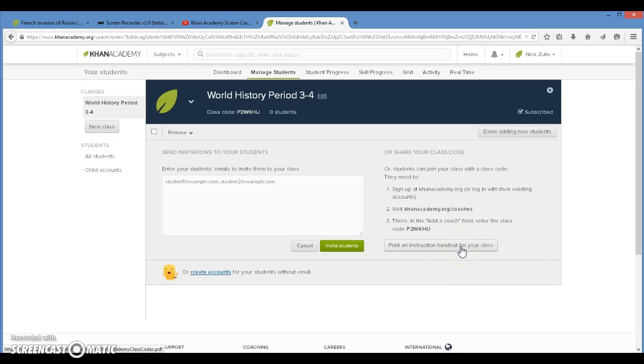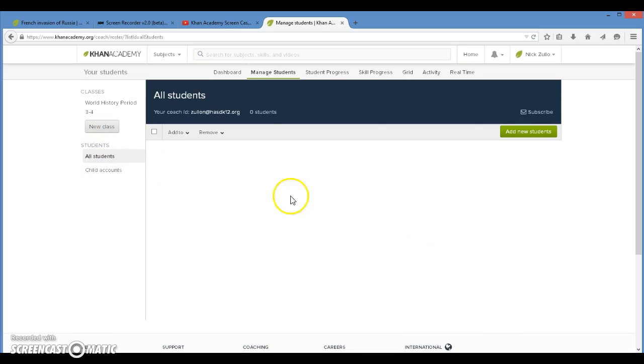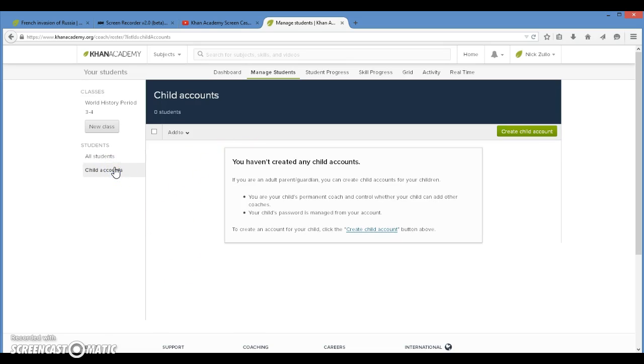So once you have everything set up, your kids are registered, they're on your class, hit done adding new students. Now, since I don't have any students available right now, no students are going to show up. So if I select the student option, there are no students listed. And child accounts, I do not have any child accounts created, so I cannot edit, update, change settings